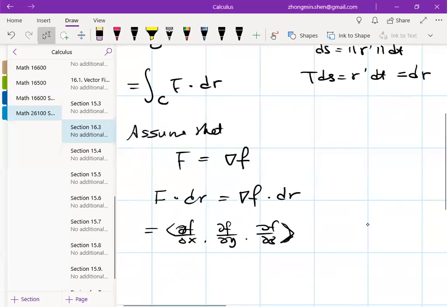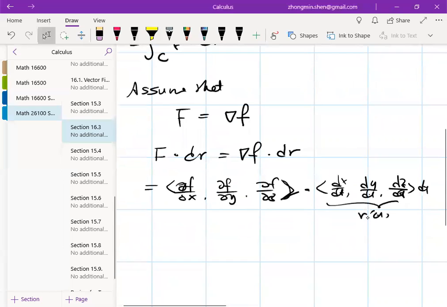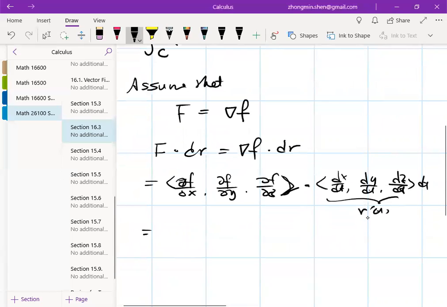The dot product here is going to be dx over dt, dy over dt, dz over dt, then dt. Yeah, this is r prime of t. And then you write down the details. You will get